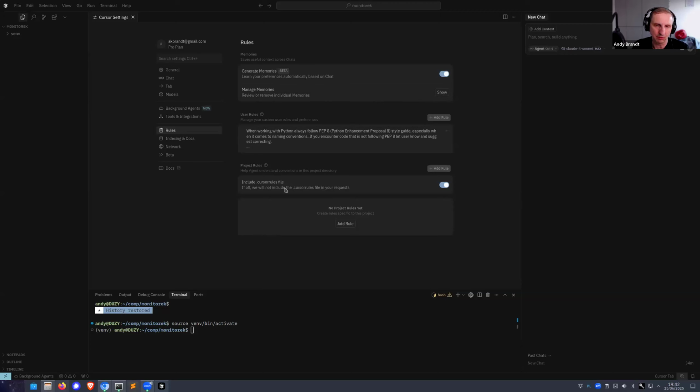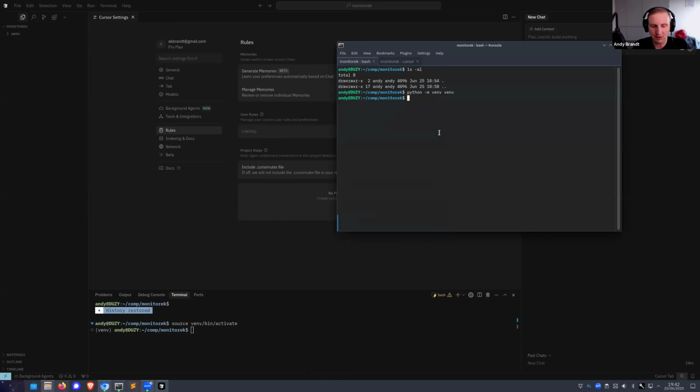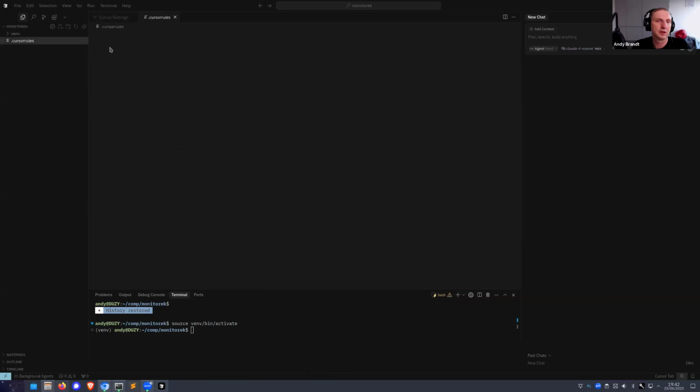Another thing is cursor rules. Now this rule is for every project. This rule is something that resides in your project folder. You can even check it into the repository so that everyone in your team follows the same cursor rules. And I have here an empty project, but I will just quickly copy my cursor rules from some other project here, and then I will show you how it looks.